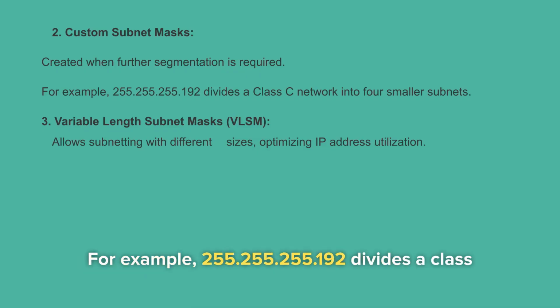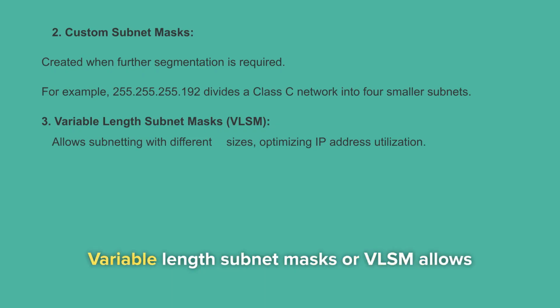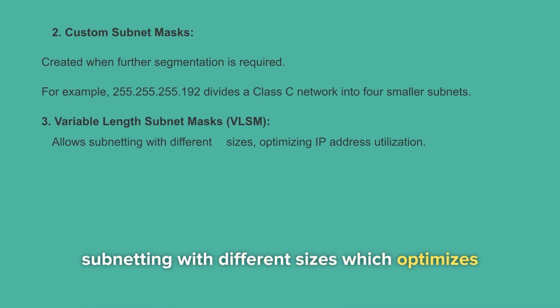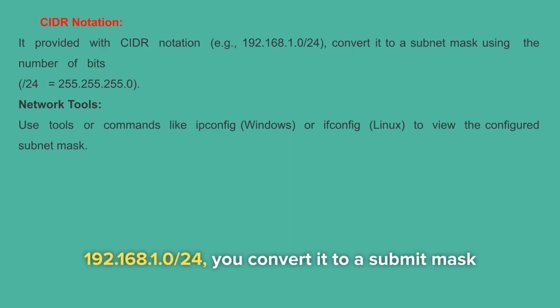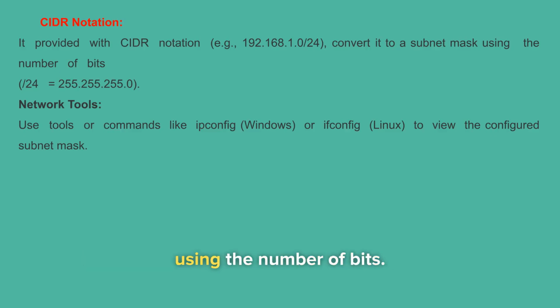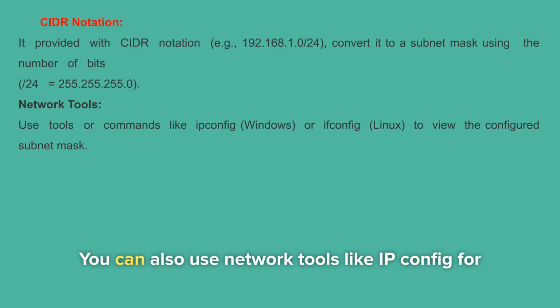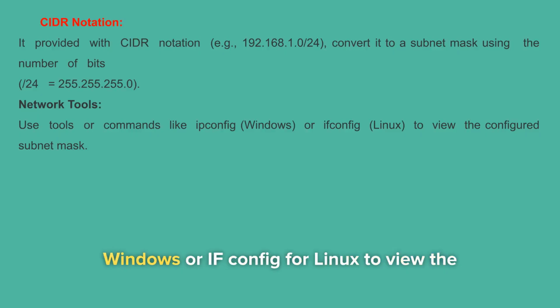For example, 255.255.255.192 divides a Class C network into 4 smaller subnets. Variable length subnet masks, or VLSM, allows subnetting with different sizes, which optimizes IP address utilization. If you are provided with CIDR notation such as 192.168.1.0/24, you convert it to a subnet mask using the number of bits. In this case, 24 equals 255.255.255.0. You can also use network tools like ipconfig for Windows or ifconfig for Linux to view the configured subnet